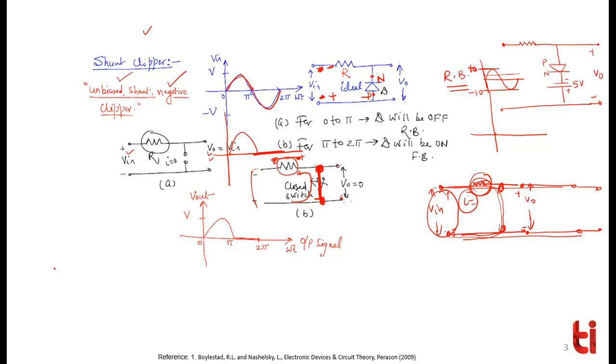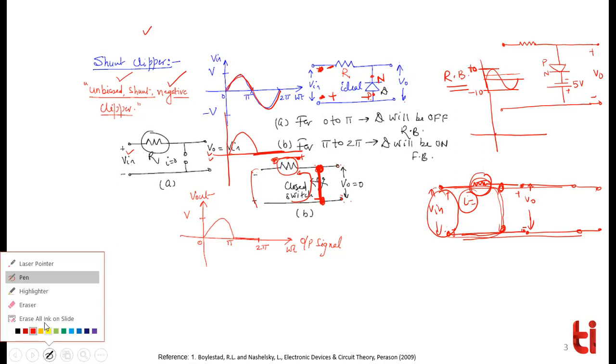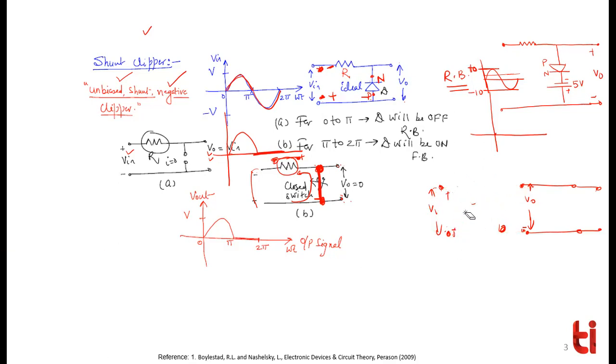ओके ओके, let me tell everybody कि इसको सॉल्व कैसे करना है. ध्यान से समझिएगा बहुत ज्यादा. सबसे पहले क्या काम है? सबसे पहले काम है कि ट्रांजिशन पीरियड फाइंड आउट करना. Find out the transition period where the diode is in a forward and where the diode is in a reverse bias. That is the very first task, and then we will see, when the diode is in a forward bias, what is the output voltage and what is the input voltage. The first task is to find out when the diode will be in a forward bias.